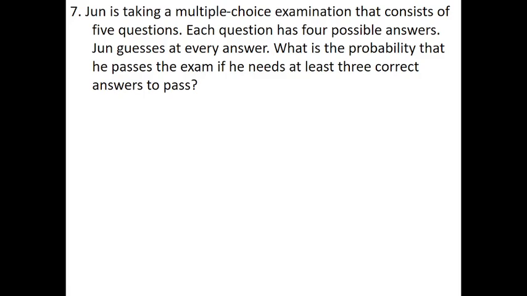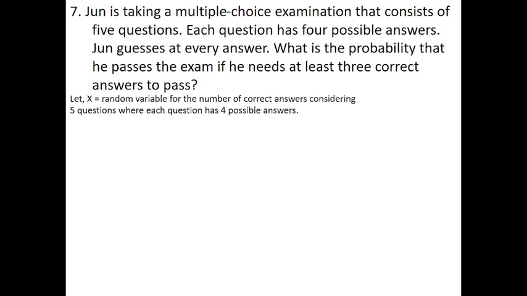June guesses at every answer. What is the probability that he passes the exam if he needs at least 3 correct answers to pass? So here's the solution. Let x be the random variable for the number of correct answers, considering 5 questions,